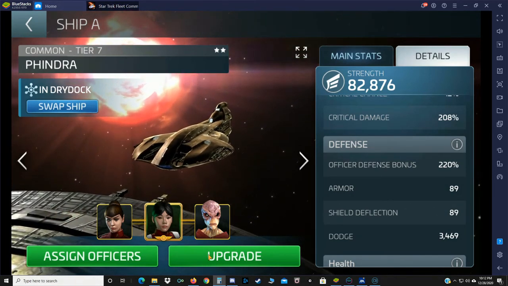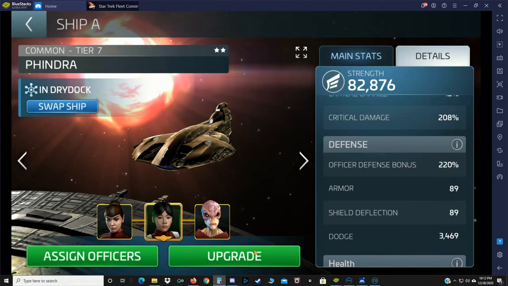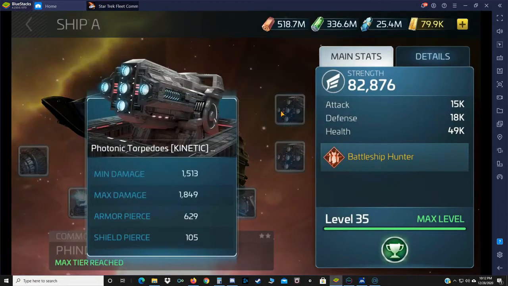And then of course if we're going to look at it, we've got Vel here. And here's how you determine how officers like Vel and Chev actually work. We're going to take a look at the weapons. So in combat, he's actually going to increase the damage here and here by 20%. So the minimum damage that your kinetic weapons are going to do per round is going to be 1,513 plus 302, so that's 1,815 damage. And then of course the maximum damage is going to go up by 370 roughly. So that's going to bring it up to 2,100,